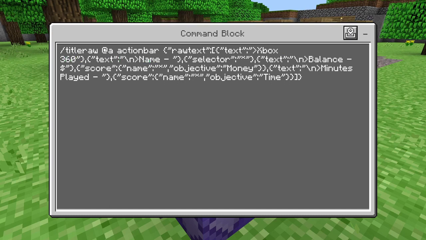And then we have text name. This is going to be the player's name that it's displaying to, and it has selector asterisk, which selects the player it's displaying to, and it's going to put their gamer tag right there where the name thing is, which is a very nice touch. It makes it feel a lot more personalized, lets them know, hey, these are your stats, not the server's. And then we have text,